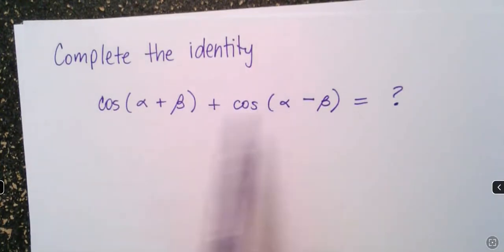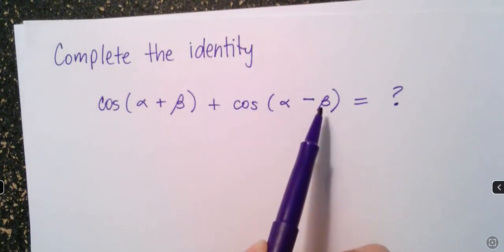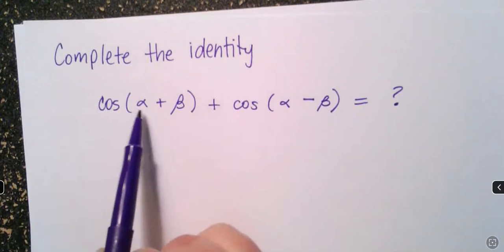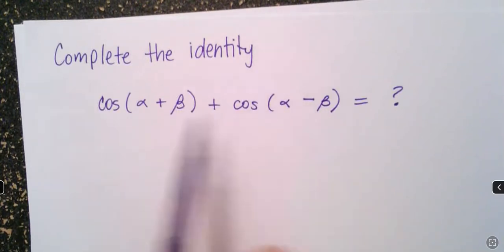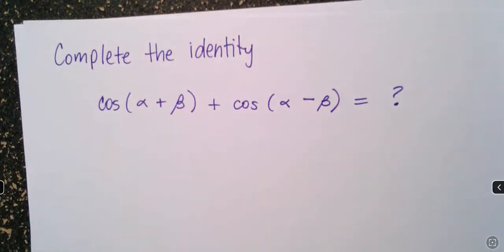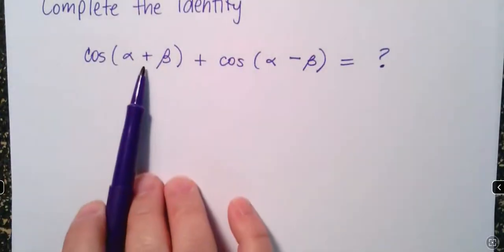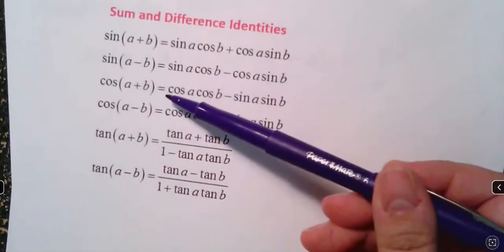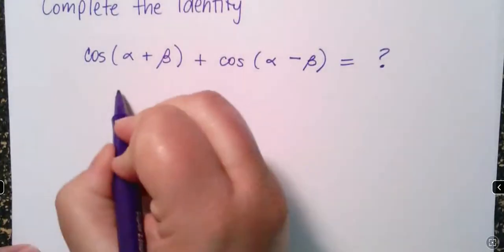This is no different than if it said x plus y, x minus y, or if it said a plus b, a minus b. In fact, that is what it says. Those are the Greek letters alpha and beta. Okay, so they're just saying we're putting variables in place of our angles. You don't know what the angles are. Now, I have a cosine with a plus, and I got a cosine with a minus. So that means I'm going to use both of these rules, the one with the plus and the one with the minus. So this becomes